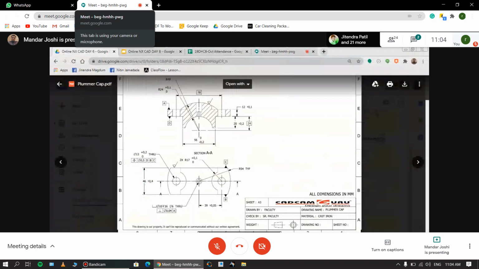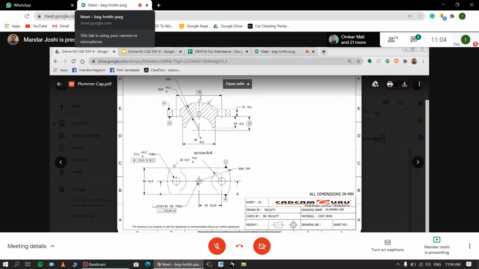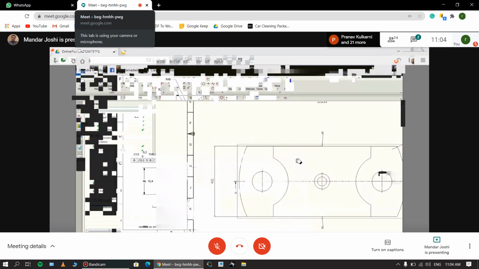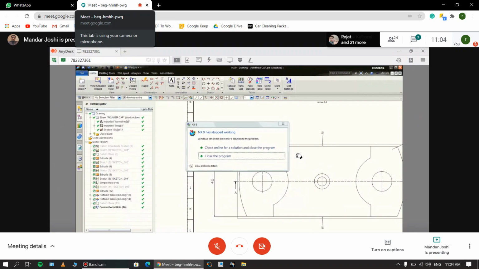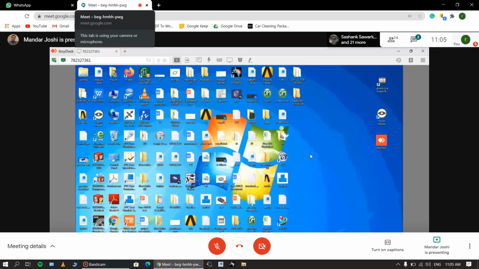next dimension, there is a 24 which is shown in the box, right? So from this center we see the 24 value, and from this center to this center it shows the 78 value. So I put those values here. Whenever there is an issue or an error is generated, I just open that file again.